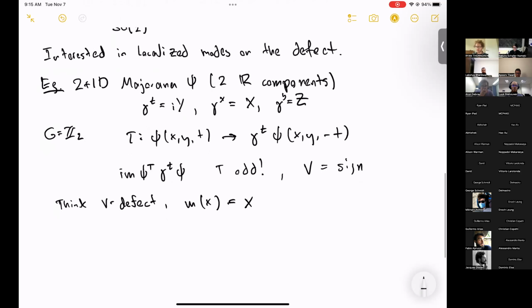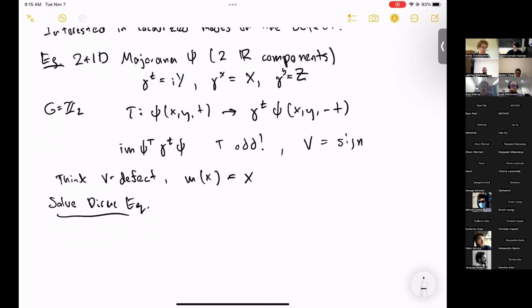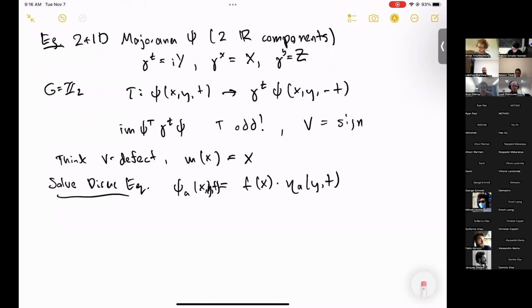And now if you solve the Dirac equation, I'll just say schematically what you do. You want to write your spinor, which is a function of x, y, and t, using separation of variables. So you want to write it as a function of x times the spinor eta in the y and t part. And then if you look at the Dirac equation, it splits into two equations. So let me just write it. So you have